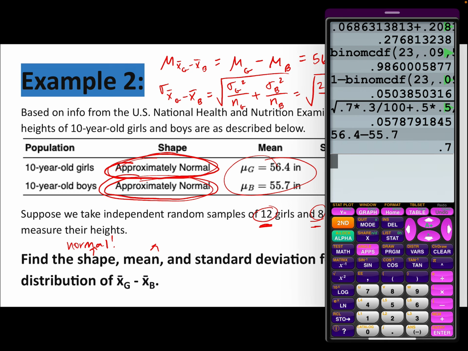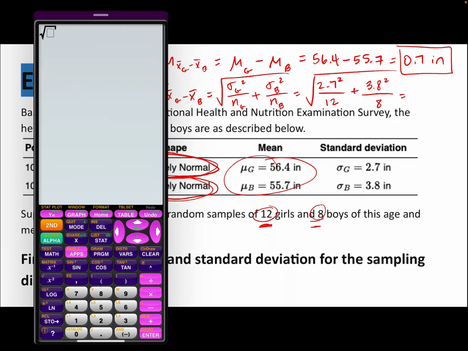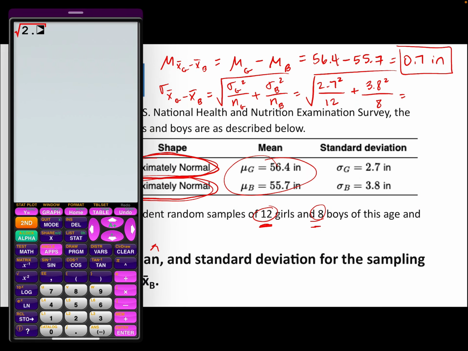Put that in my calculator. 2.7 squared over 12 plus 3.8 squared over 8, all under a square root, gives me 1.55 as my standard